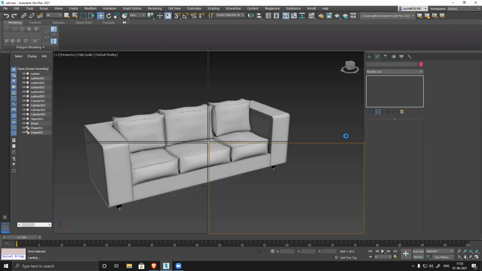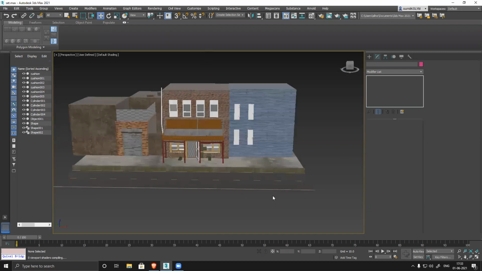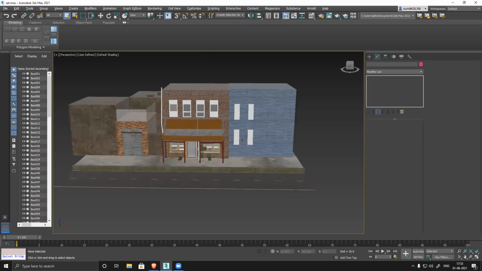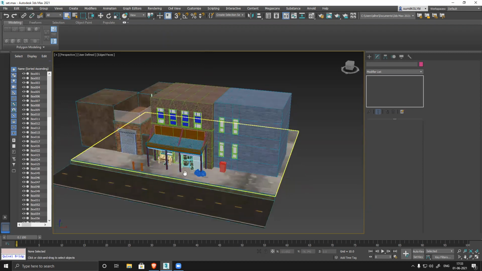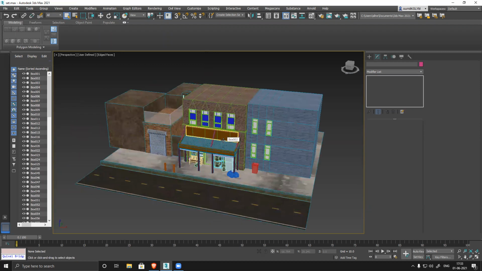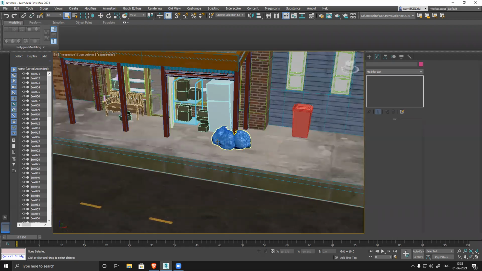If you're thinking that once I finish, then you will do it, then it's not going to work out for you. Then you'll fail in this module. So do not do that. It's a pretty simple model, mostly boxes. Yes, there are a couple of shapes, but mostly boxes. So do not fear this.